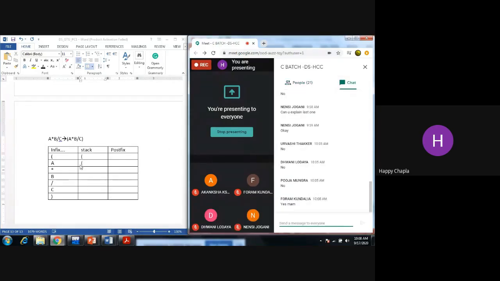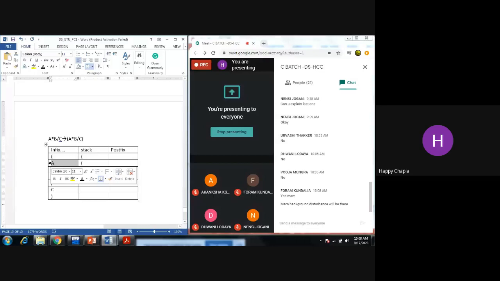Next step: what if I'm encountering A, what will be the things over here? I'm encountering capital A. Then according to the algorithm, what do we need to do?